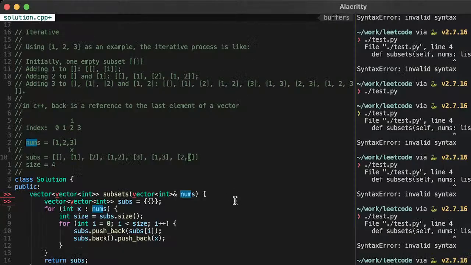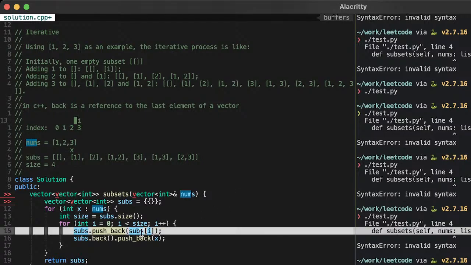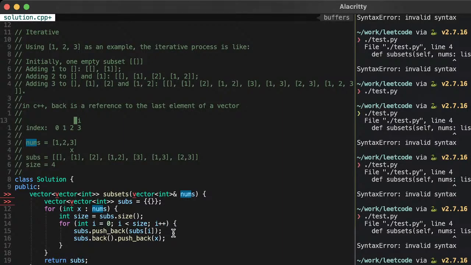Okay, so 2, 3. push_back x. Okay, increment i. And now we're here. Now we're going to push_back subs[3]. So subs 0, 1, 2, 3. 1, 2, 1, 2. Okay, we're going to get a reference to it, and we're going to push back 3 to this thing.